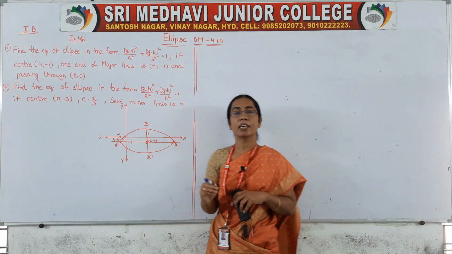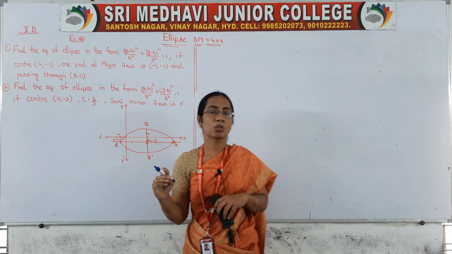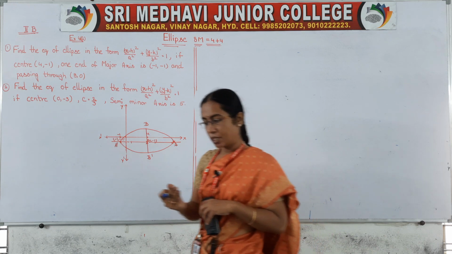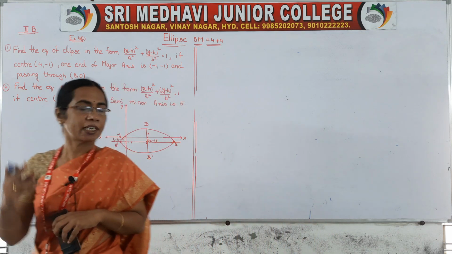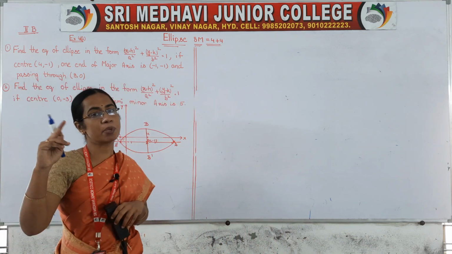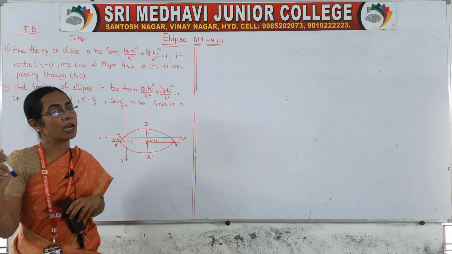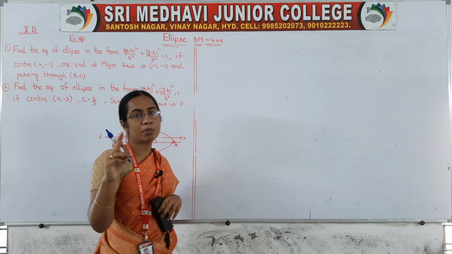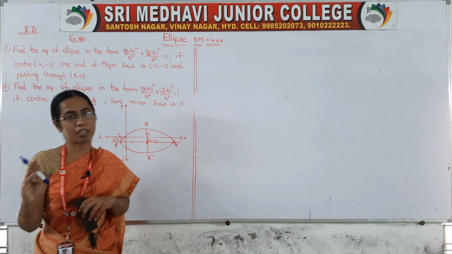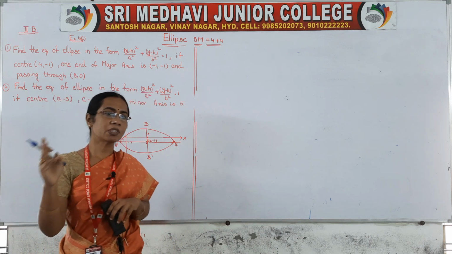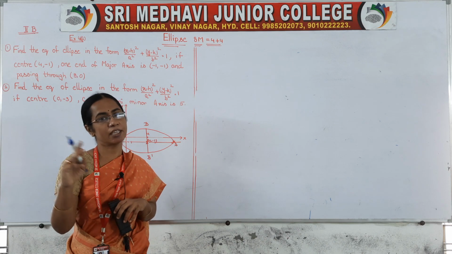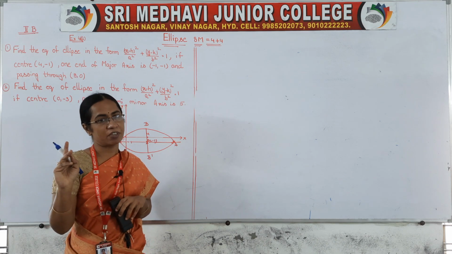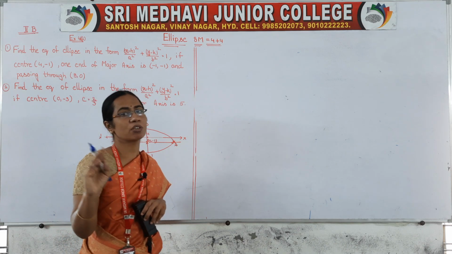We are dealing with the ellipse problems. So yesterday we did two problems, right? There your major axis is b dash in one problem, and in another question, center, latus rectum and eccentricity. Three conditions are given in both the problems, and we had to find the required ellipse equation. Those were the questions of yesterday.